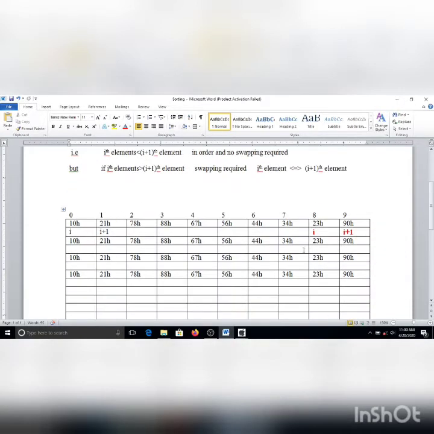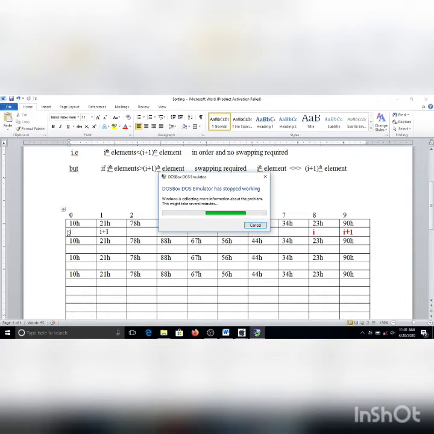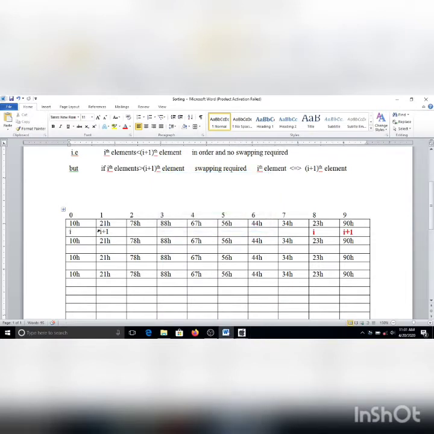The same scenario is given here: 0, 1, 2 are the indices of these elements, where i stands for the current element and i plus 1 stands for the second element. Comparison between these two contiguous memory locations, two contiguous elements, is required.